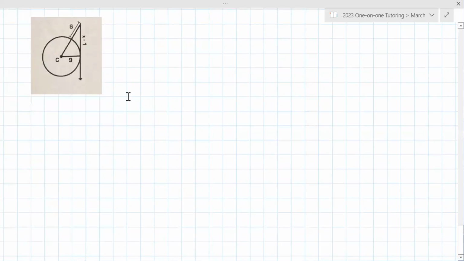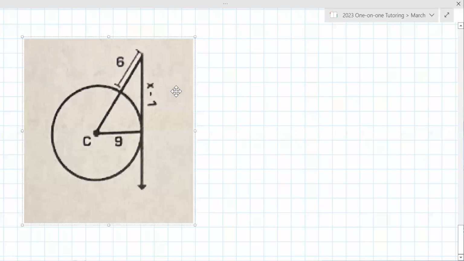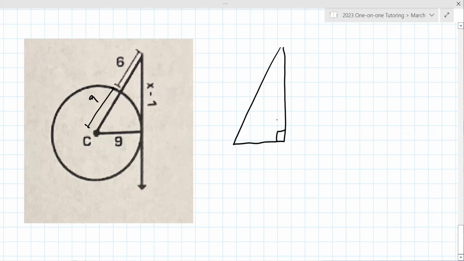So, for Sir Gawain, there's a set equation for this. Well, we're going to do this a little bit better. This is 9 right here because it's a radius. Are you still seeing my screen? For Sir Galahad, yeah. It's better to actually solve the triangle without the X value. So 9, 15, let's just call this B for the moment. 9 squared plus B squared equals 15 squared. This is a Pythagorean triple, but go ahead and solve that for B and then we'll get X.